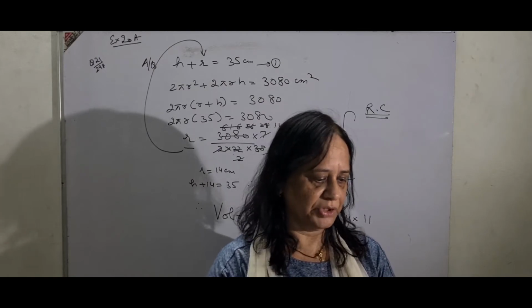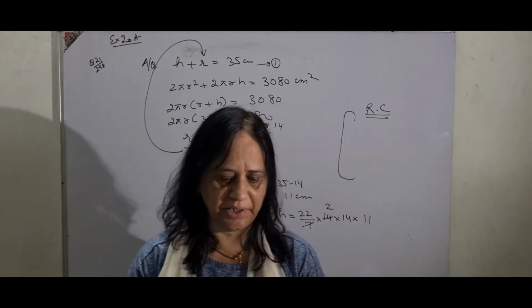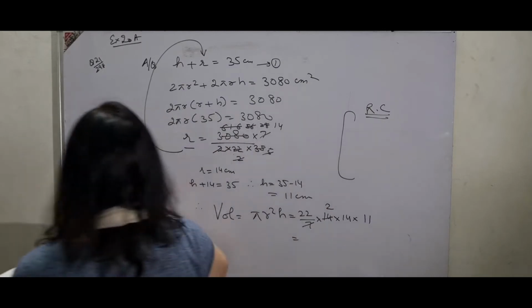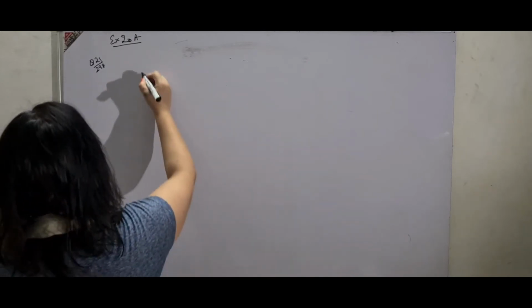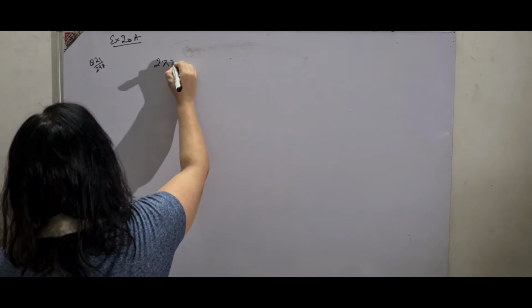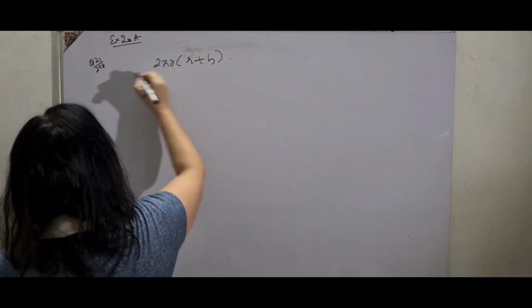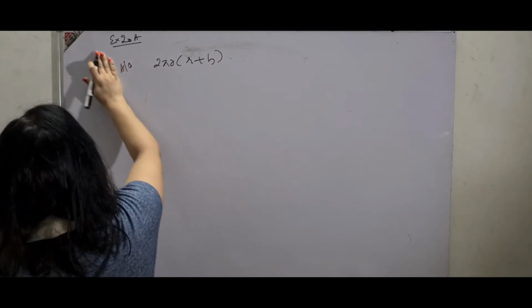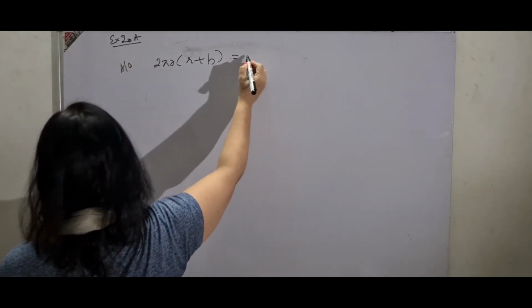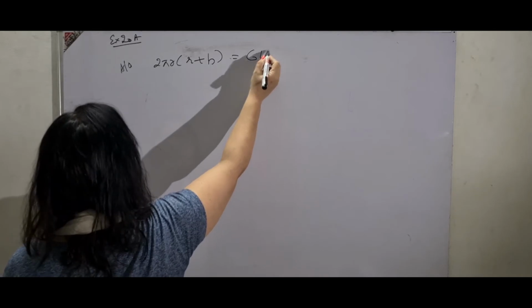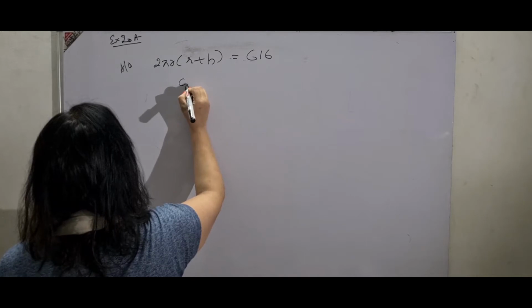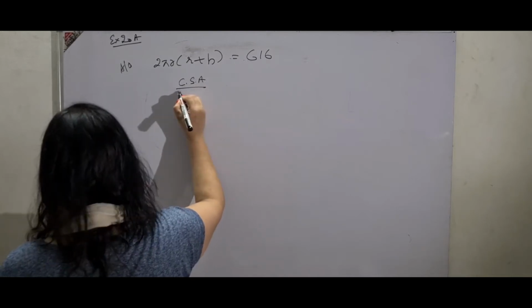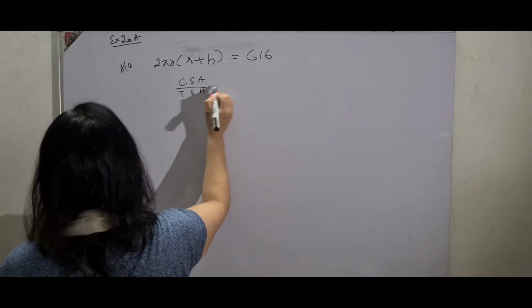Then coming to question number 22, the total surface area of a solid cylinder. Again same page, exercise 20A. The total surface area of a solid cylinder, so 2 pi r (r plus h), according to the question. Question number 22. You must have known till now how to present the sums. 616, and the ratio between its curved surface area and total surface area is 1/2.